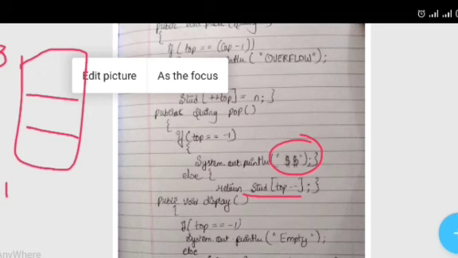What we have to do here is pop out the elements. Pop out means we have to extract the elements from the array. Top decrement means if it is in the second position, then decrement means it will go to, or if it is in the third position, then it will go to the second position. Okay,